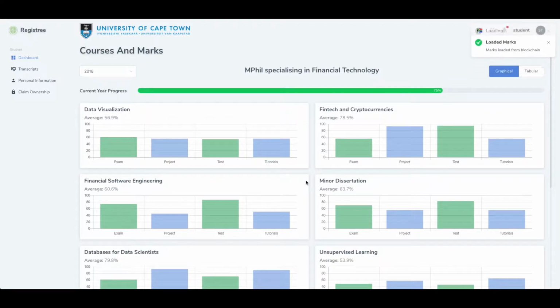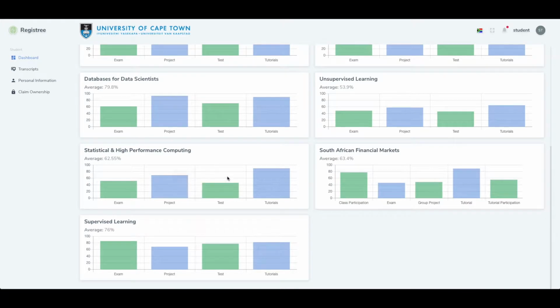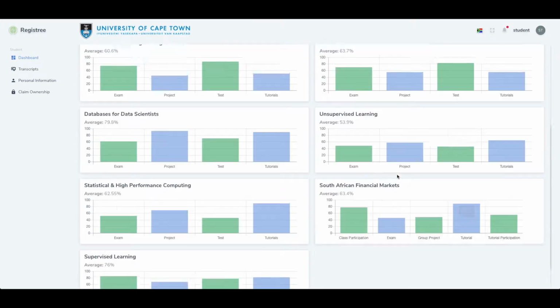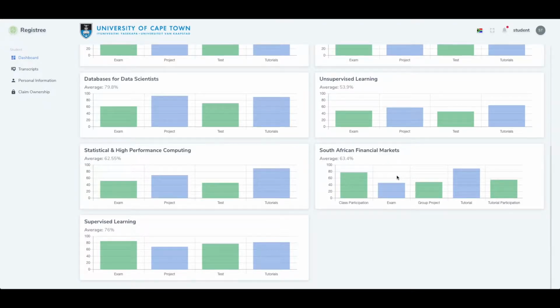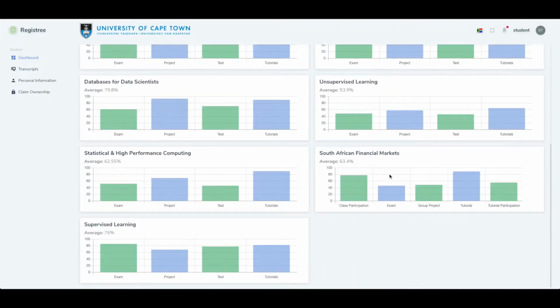So we've logged in as the student, and we can see there's a whole load of different courses, each with different course components, and we get a nice visualization showing the breakdown of each of the course components and the marks that we've achieved as this particular student. Obviously, this particular sample set of data is randomly generated, but in the real case, clearly this would be